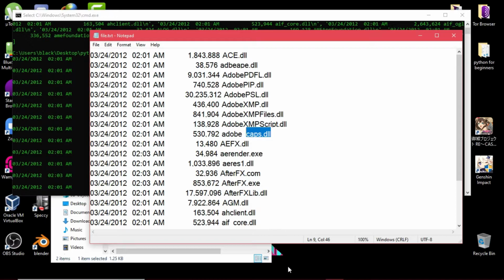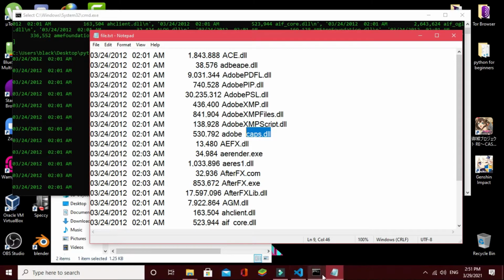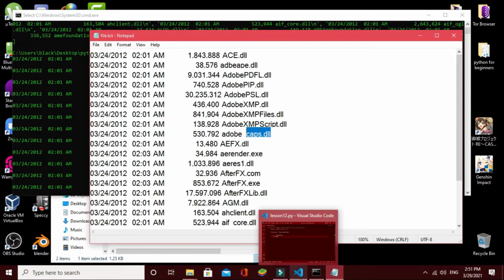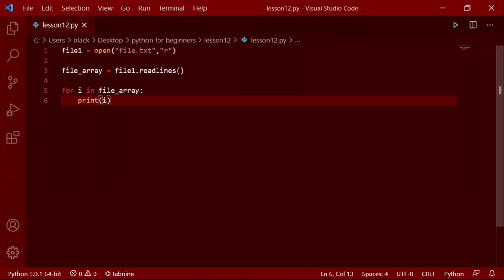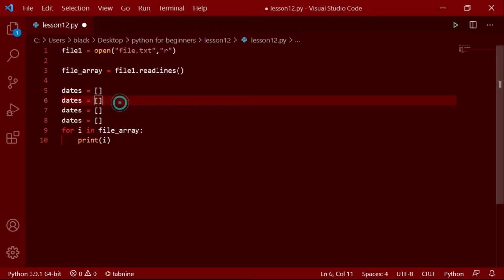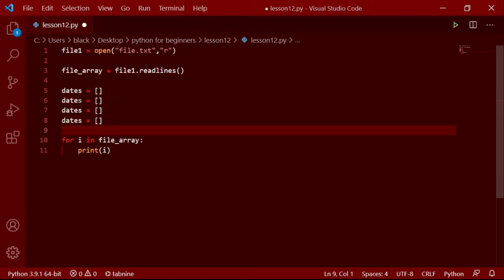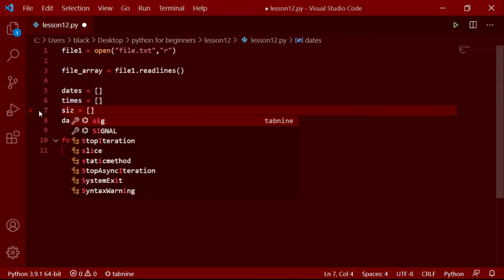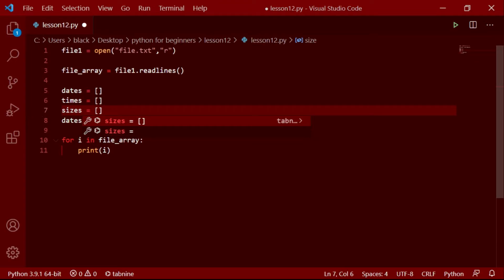Let's see how. First, we want to add these things separately into four arrays. The first array is dates, an empty array, then times, then sizes, and the last one is names.